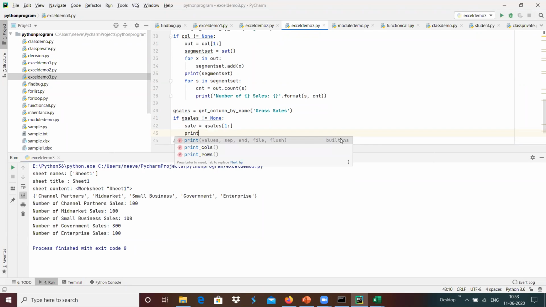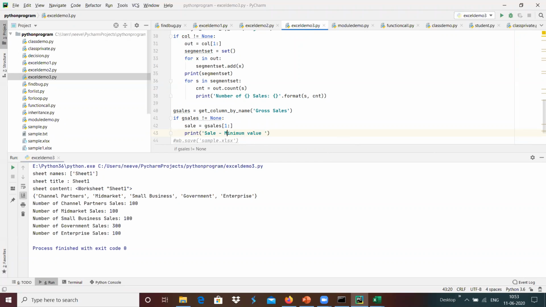And I'm going to print the minimum value of sale